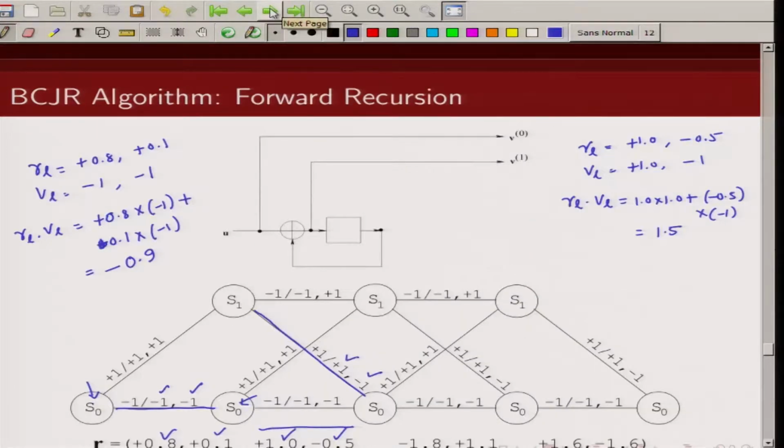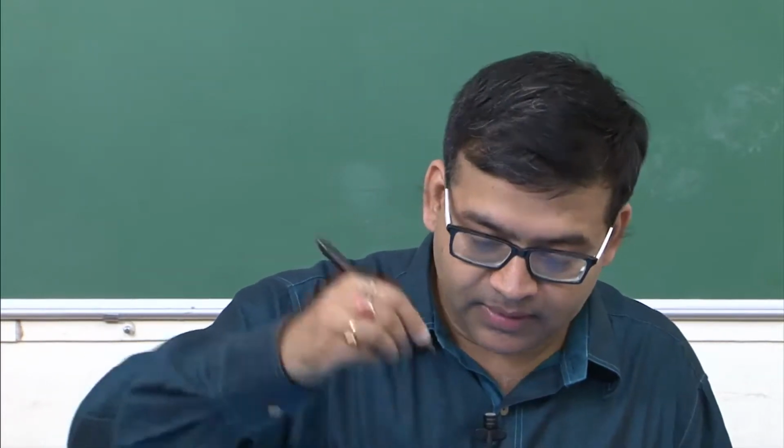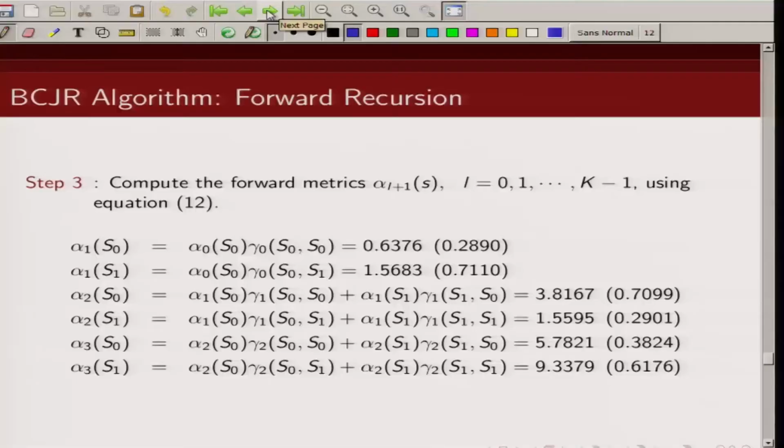Now, the next step is, once we know our gamma, we have already initialized our alphas and betas. So, the next step would be to compute alphas and betas, and this is shown here. Now, we have already illustrated how we can compute our alphas and betas when we explained forward recursion and backward recursion. We can take another example. Let us just take this example,